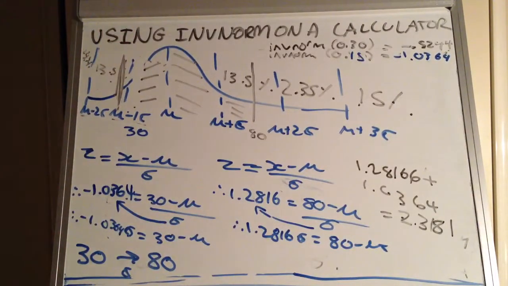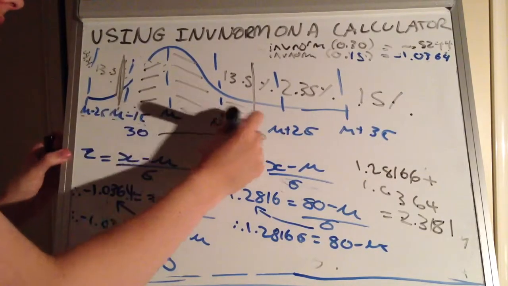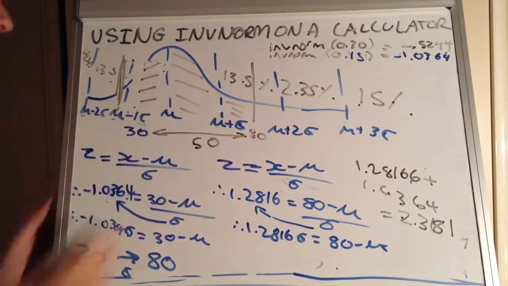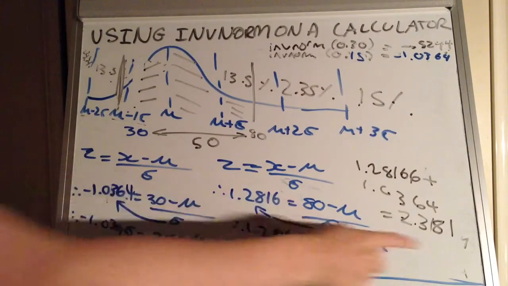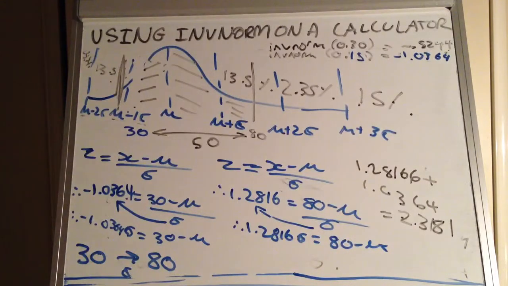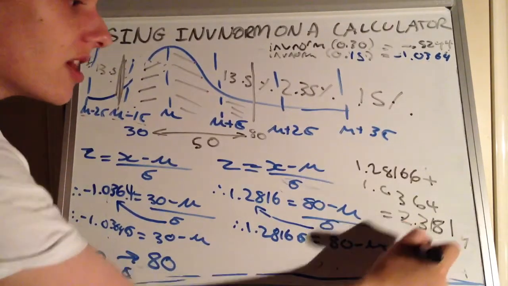2.3181. So now from this we can calculate what the standard deviation is. You're probably thinking, how can we do that? Well, look, we have 50 here. That's the difference between 80 take 30. There's 50 marks spread out over that many standard deviations. So what does that mean? 50 divided by how many standard deviations there are. So it's going to be 50 over